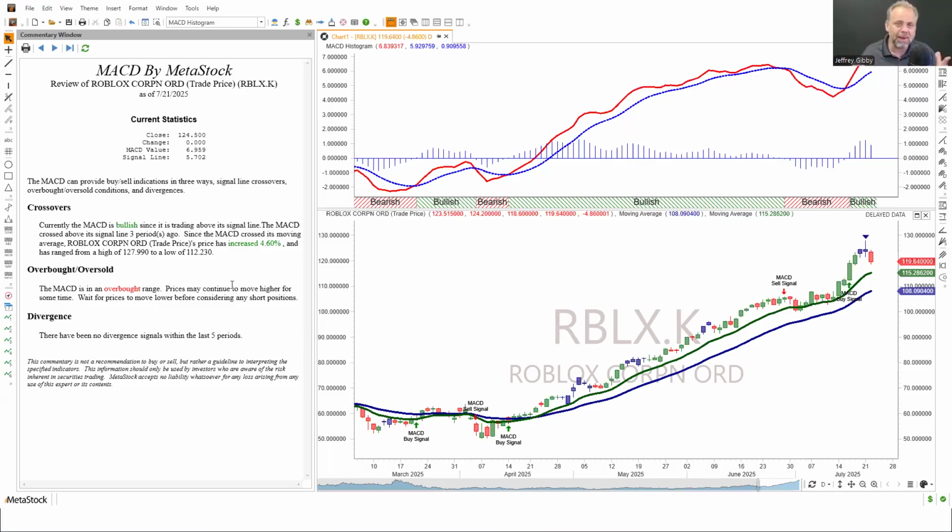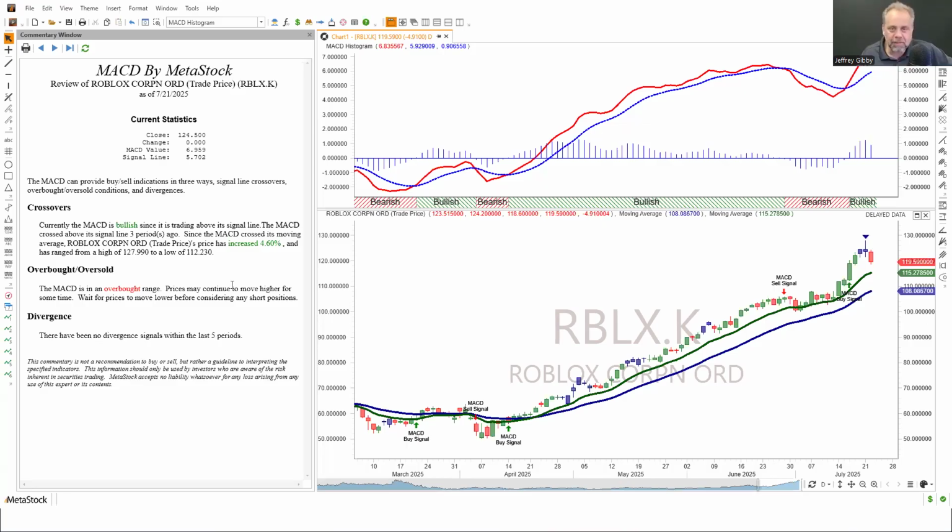There's a saying that comes to mind: the market can stay irrational longer than you can stay solvent. I'm sure you've heard that before. If not, it sticks in my mind. Once you get into a severely trending stock, it can go on for quite some time. So what we want is to wait for prices to start to move lower before we look to take a position on an overbought, oversold indicator.